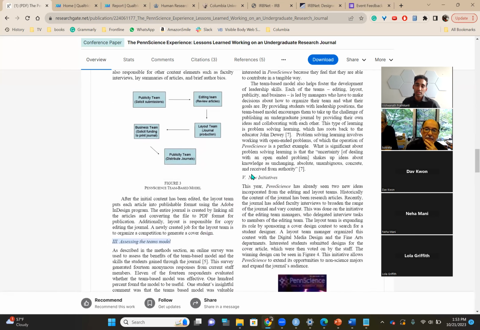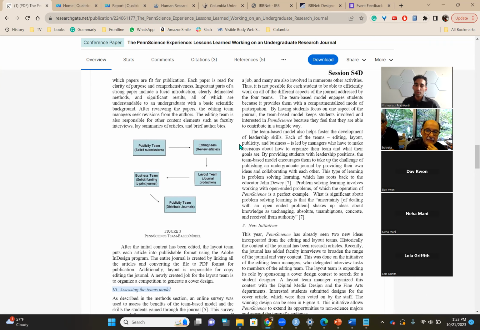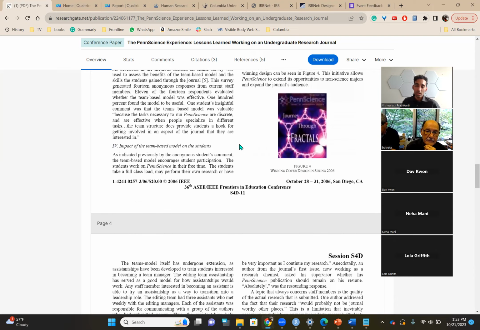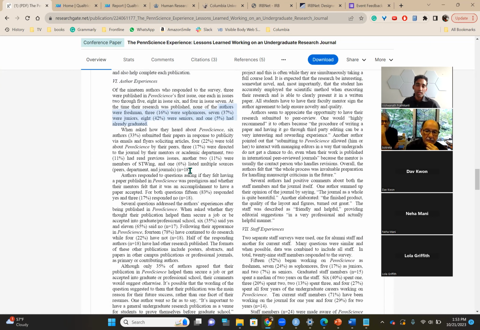They look at the impact it has on students. They surveyed students in the journal, both students that just submitted pieces, as well as editors or board members. They have an entire section on author experiences and various statistics about what is impactful for students and how students see their work as valuable. I personally was very inspired by this paper to undertake my own research project, which is kind of the inception of this